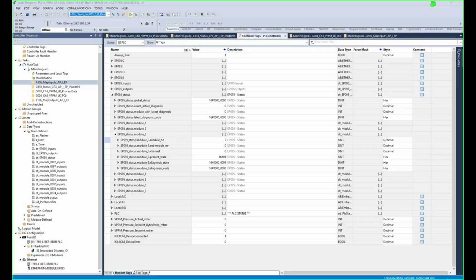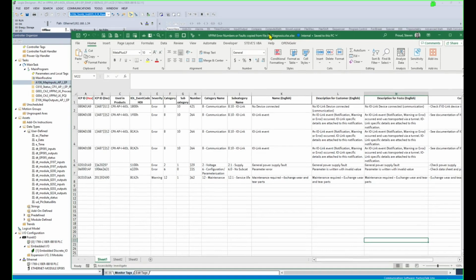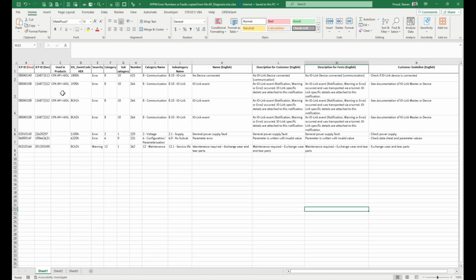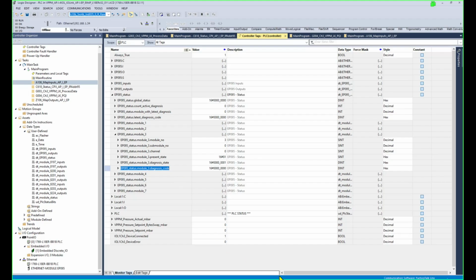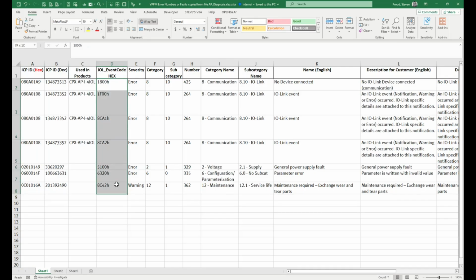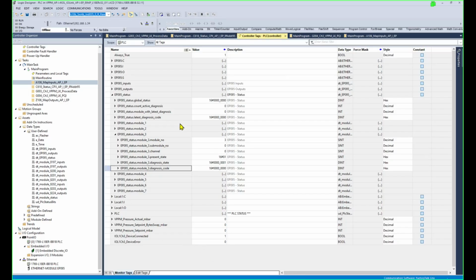Festo has a document called AP_diagnosis, and what I've done is I've taken that document and I've extracted the correlation between the codes that come through on diagnosis code, and this converts to the hex number. So we need to convert from the hex number to these codes, because these codes are going to be coming through automatically. So what I will do is add a routine,